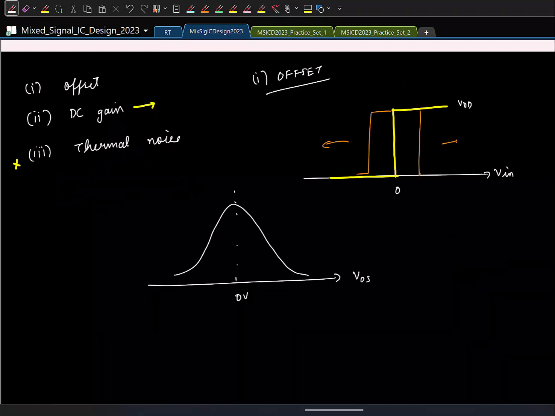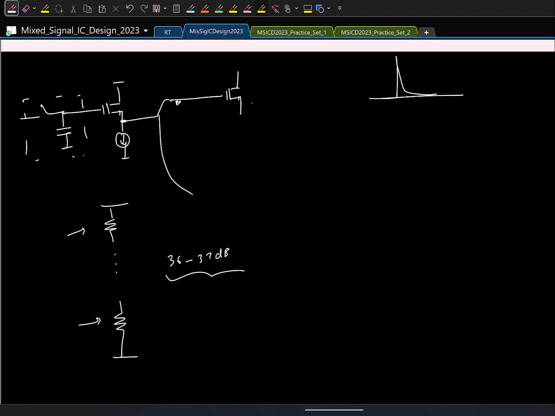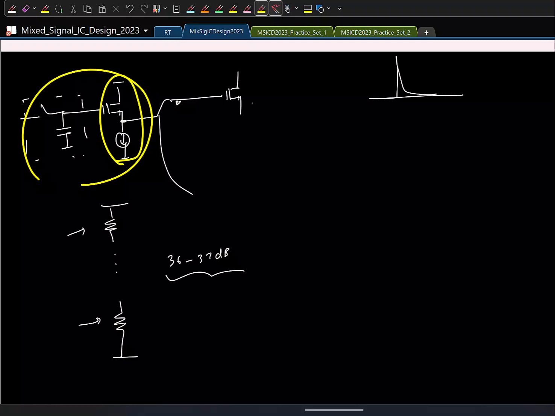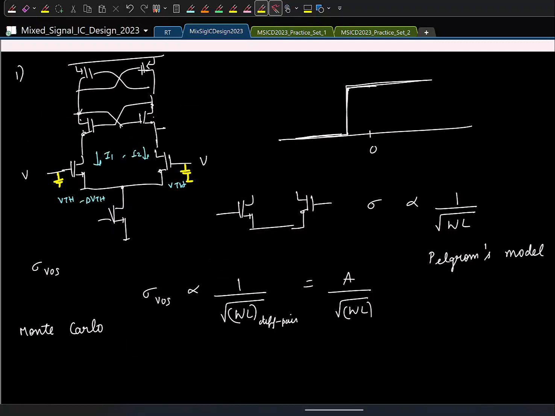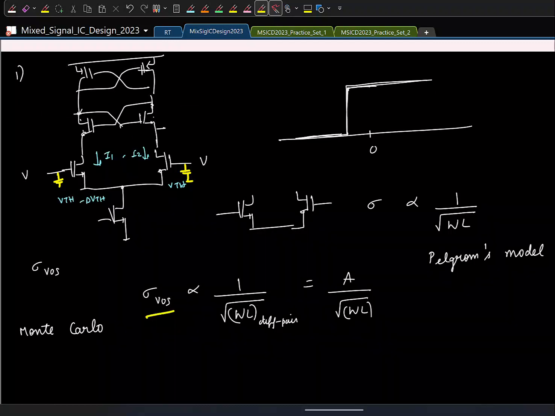I have it somewhere here. Remember that this is all getting driven by a simple buffer here. The load for this buffer will keep increasing, which means it will have to burn more power. Sometimes you might find that you can't exactly size to meet the required specification for your mismatch, but you do start with a reasonable size, right? And if you're not able to meet the required sigma,